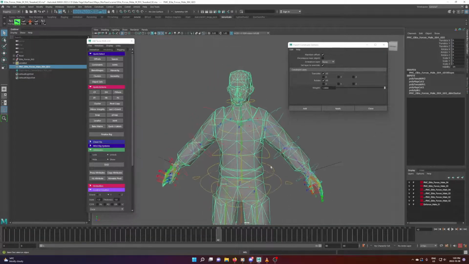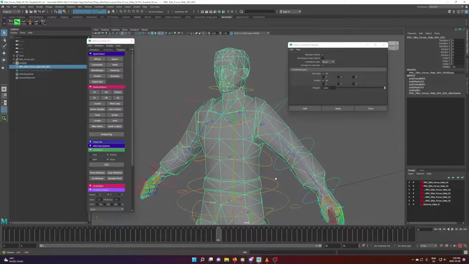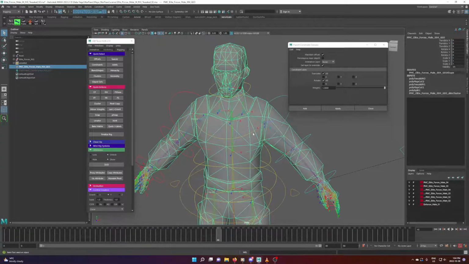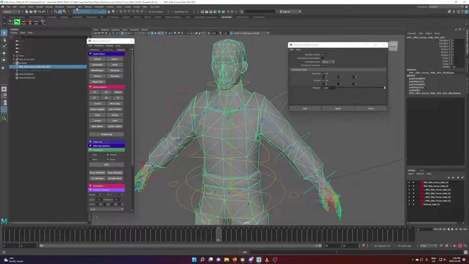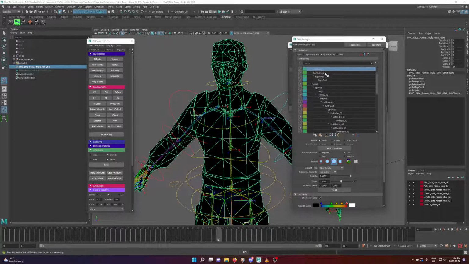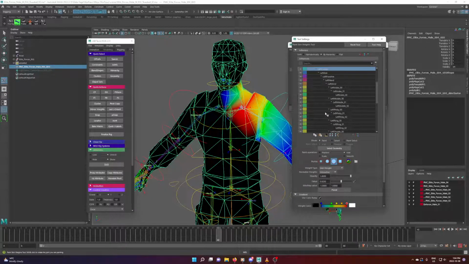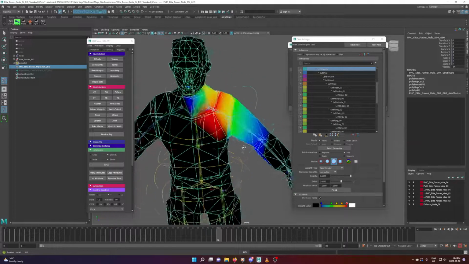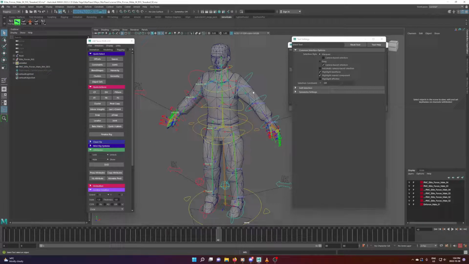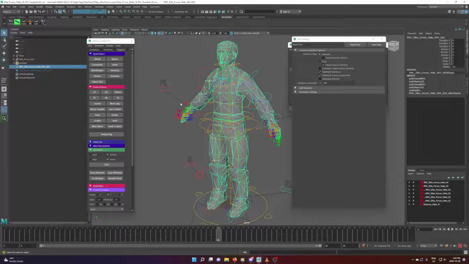So the next step is, because we are going to modify this clavicle, we need to detach the skin, right? We don't want to have any extra deformations. So first I'm going to check the skinning. I just want to see the influences on this clavicle. So I want to check if there is information on it, which is fine. Okay, so what I'm going to do next is export the influences, and that's where